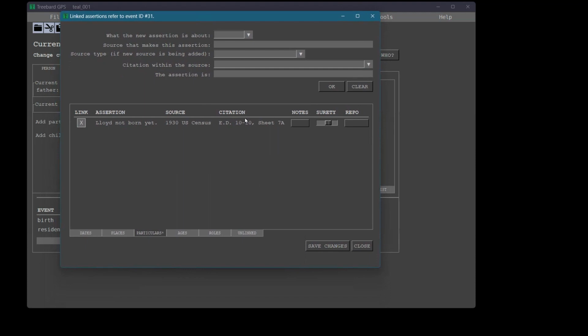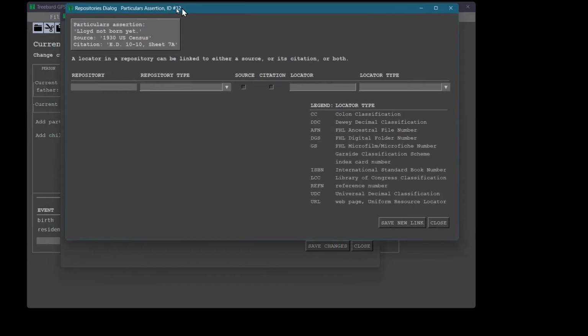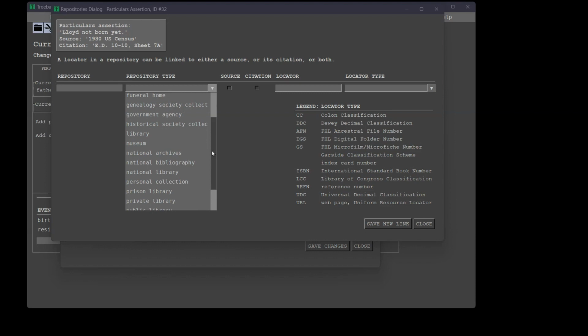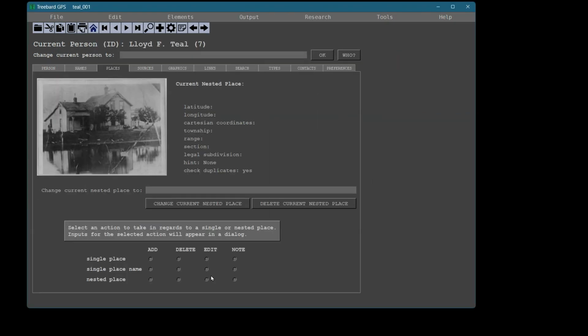Here we've got a source, a citation, an assertion, repository, dialog works. I've been totally obsessed with GEDCOM for about 4 months, haven't done anything else except GEDCOM. Working full time on this. That was what I left off on 4 months ago when I said, okay, the last thing I have to do is the Places tab before I can say that Chapter 2 of Treebard development is finally finished